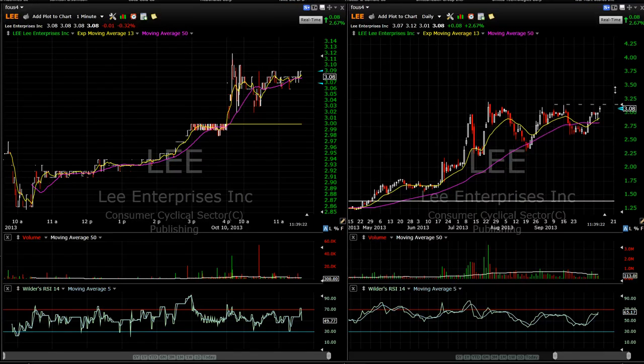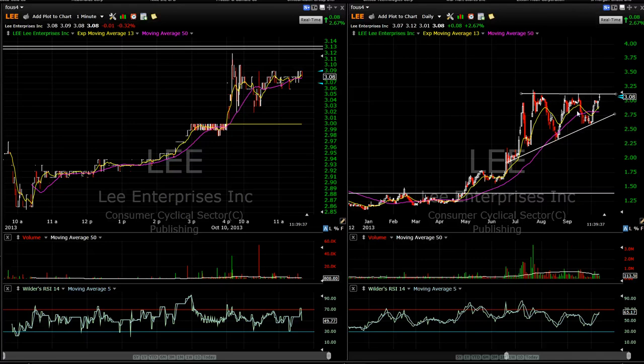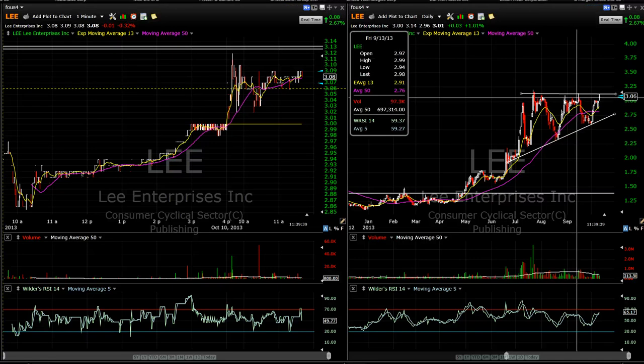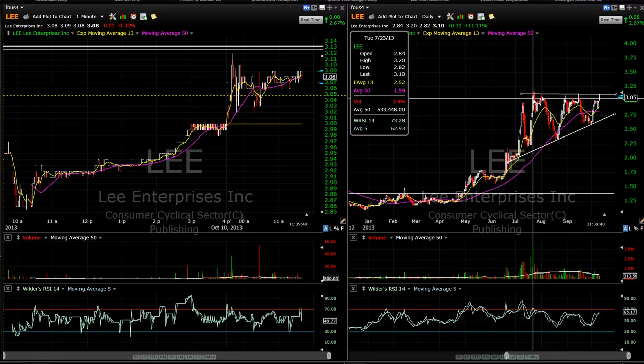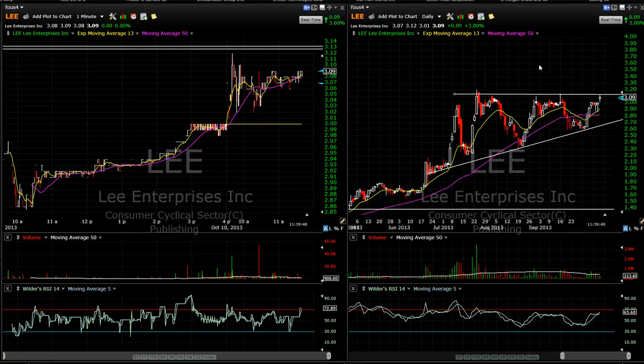The lead-in trend here is obviously bullish. We've got this nice triangle formation forming up here, as you can see, and we got this neckline formed up here with these previous highs back here at about 314, and then previous highs back here at 320. So that's the range that we need to break out of on this daily chart to see this actually be